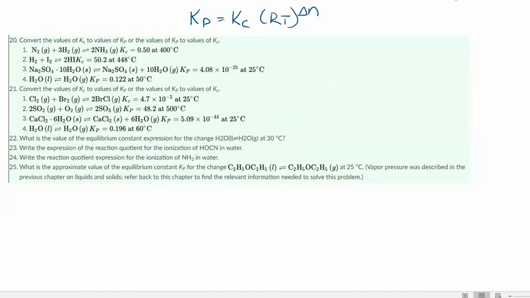And the third one, again, we're given a Kp value, 5.09 times 10 to the negative 44. We do not have Kc. We will calculate that. So I put in my R value. T is going to be 298 Kelvin because I have 25 degrees Celsius. And I need to raise this product to the delta N. Here we have 6 moles of gas. And we have no moles of gas on the reactant side, so that's going to be raised to the 6th